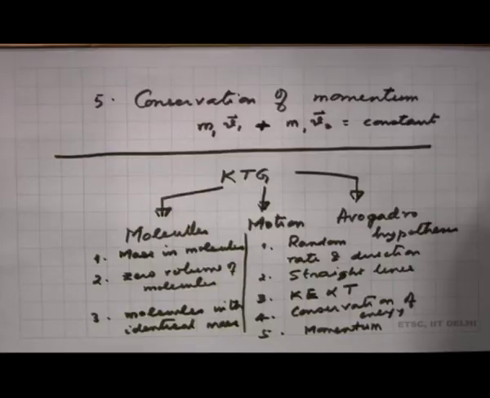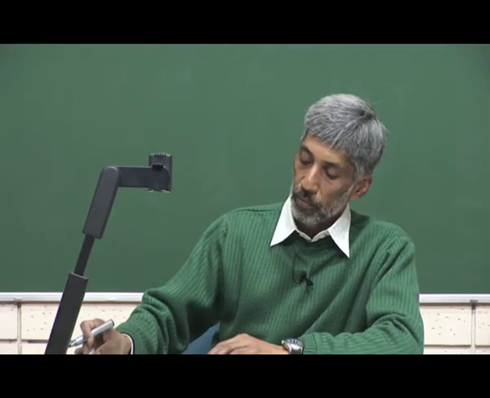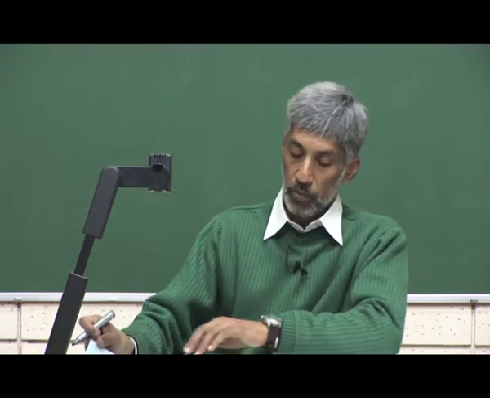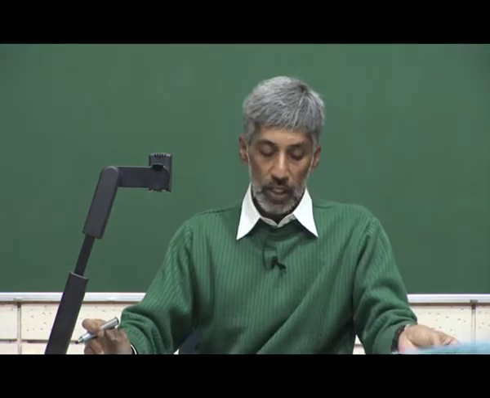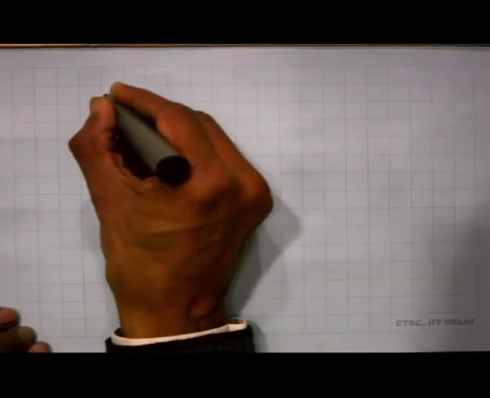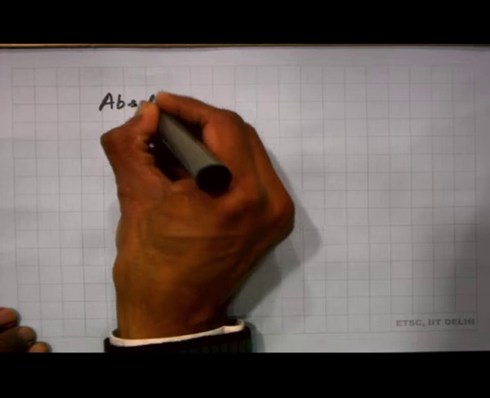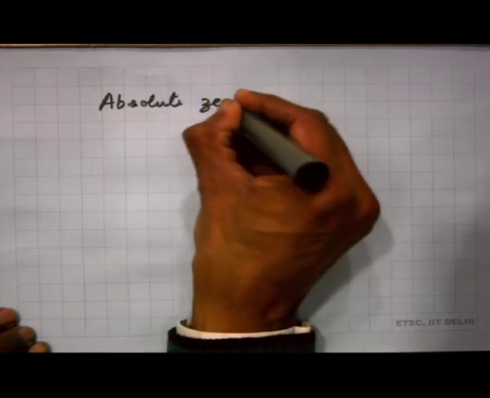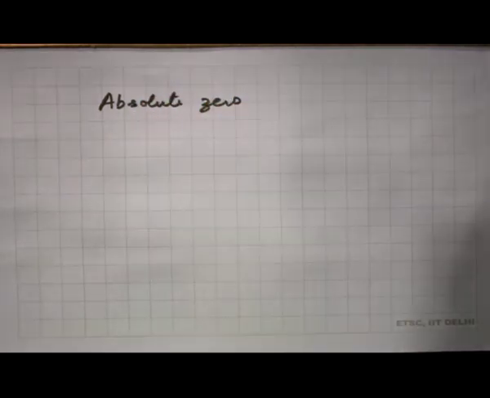Now, what does the kinetic theory predict? Some of the predictions: whether it agrees with experiments. So, the first thing that we look at is what is called absolute zero. Oh, and that's something very interesting in this kinetic theory. So, what we are saying is it appears to be